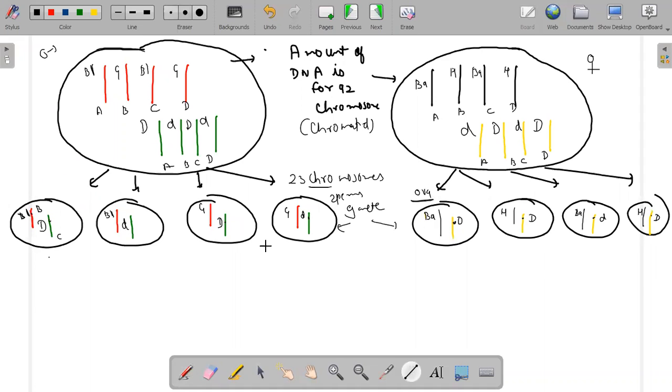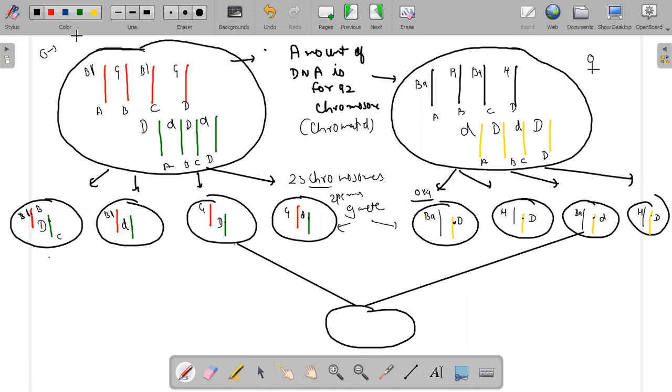Now they are going to fuse in a random manner. Any gamete from father can fuse with any random gamete from mother. This is where the fusion takes place. So I'm fusing this random one. You can fuse any random two. There are random fusions. So how the child will look like, I'm only talking about one. This one and this one. And this one and this one. Now there are 23 chromosomes of father and 23 chromosomes of mother. So actually this is done for 92, but I'm not able to draw 92 here. You can understand that it's not possible to draw everything here.